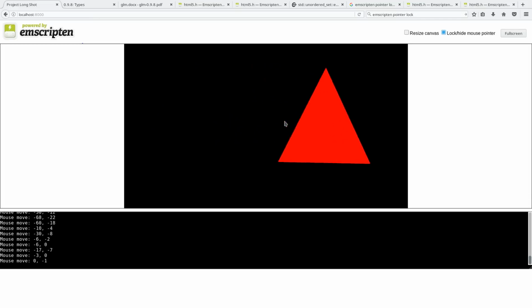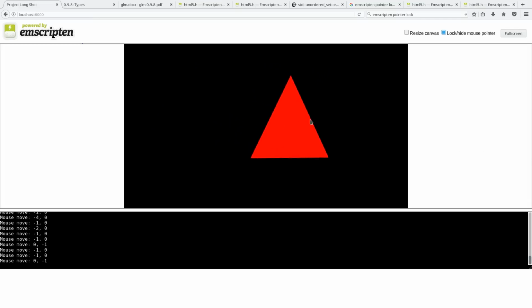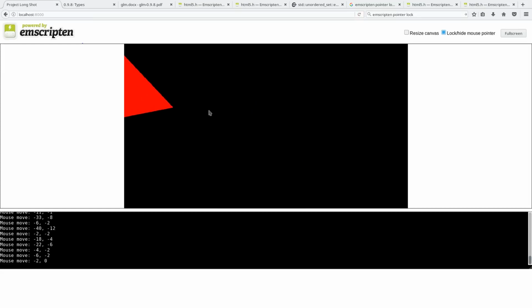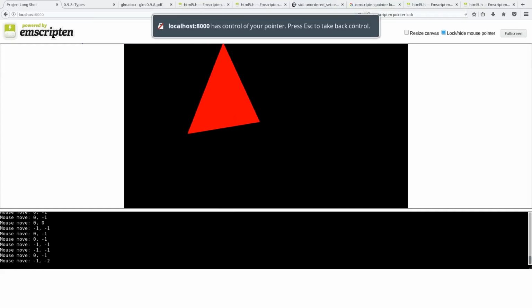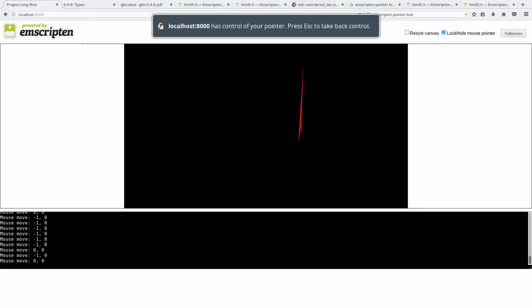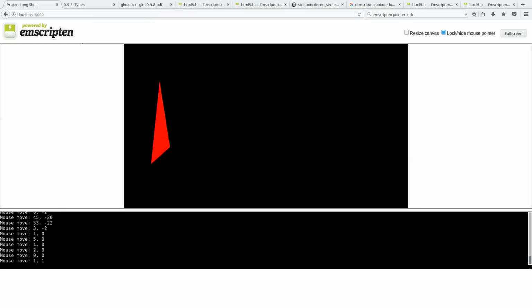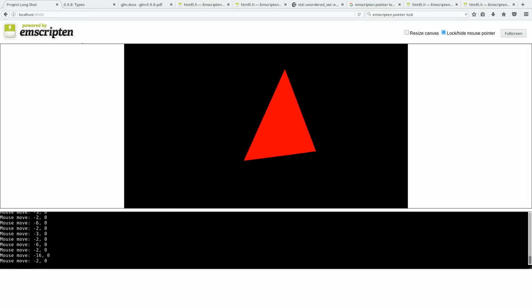If I just refresh the page here and grab that pointer lock, you can see that even when I'm standing side on, I'm pressing W and S, I'm still moving in the same direction, and A and D is moving me along the same axis. What we really need is for those keys to be relative to our current